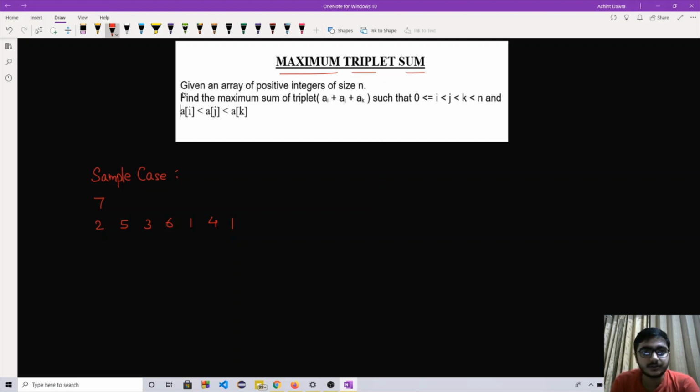The problem says that we are given an array of positive integers of size n, and we need to find the maximum sum of a triplet, a of i plus a of j plus a of k, such that i is less than j is less than k and they are within the bounds of the array. Similarly, the three indexes for which we choose the maximum sum should also satisfy this property